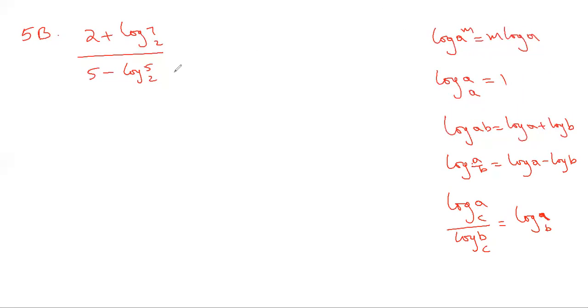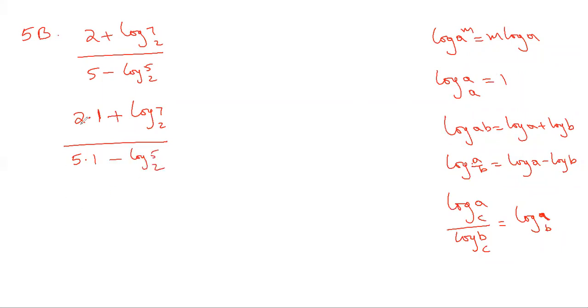See, this 2 can be written as 2 into 1. Sir, why do we need to write 2 into 1? You can write 20 by 10 also. Why are you not writing like that? See, I want to convert this 2 into a logarithm function. So when I want to convert to a logarithm function, I want to introduce some logarithms here. 2 into some logarithm. 1 is there as log a base a. So to introduce that 1, to convert this 2 into a logarithm function, I'm writing 2 as 2 into 1, 5 as 5 into 1.